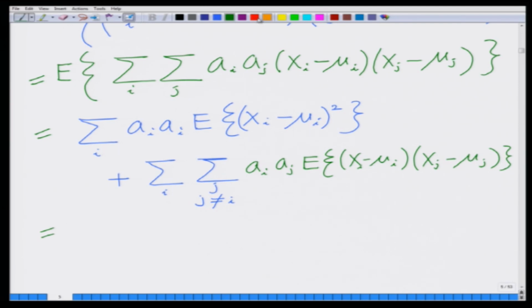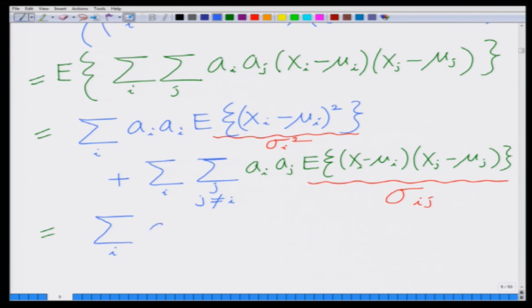Now you can see the expected value of (x_i minus mu_i) square is sigma_i square, and the expected value of (x_i minus mu_i) times (x_j minus mu_j) is the covariance sigma_ij. Therefore, this is equal to a_i square sigma_i square plus